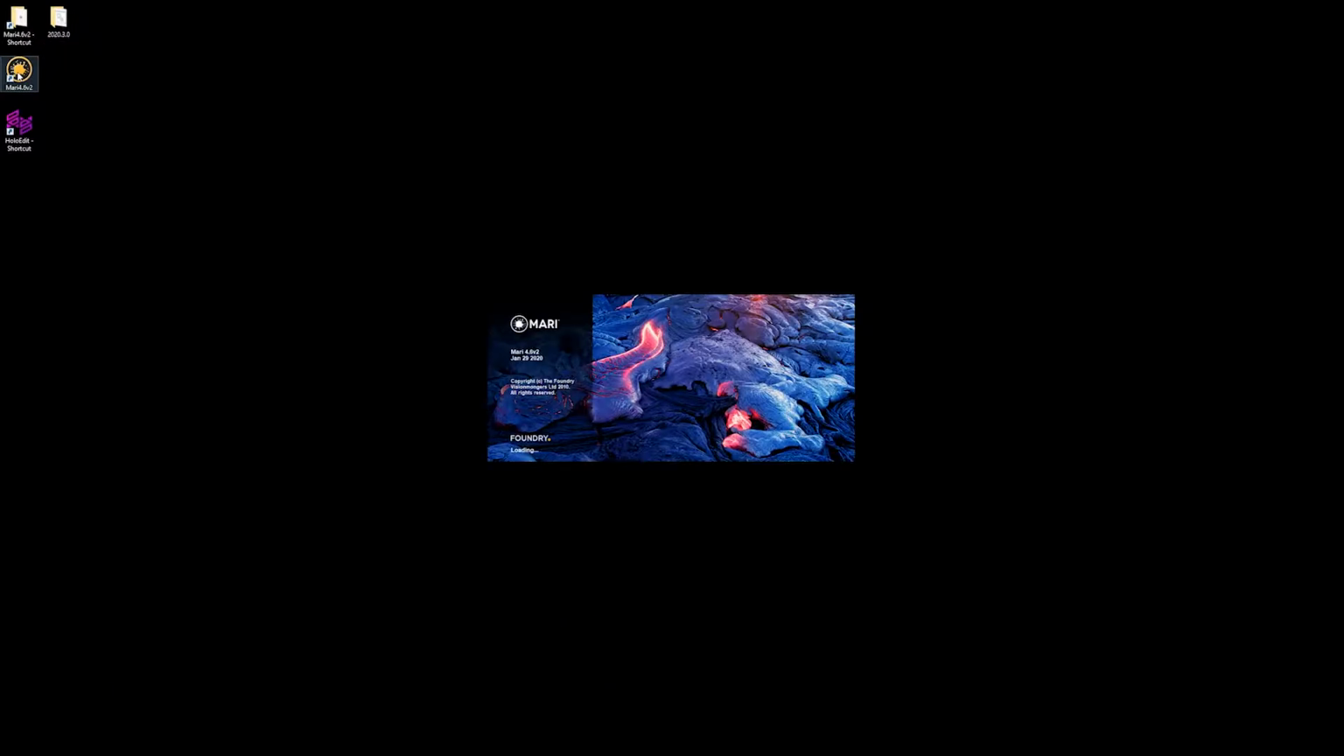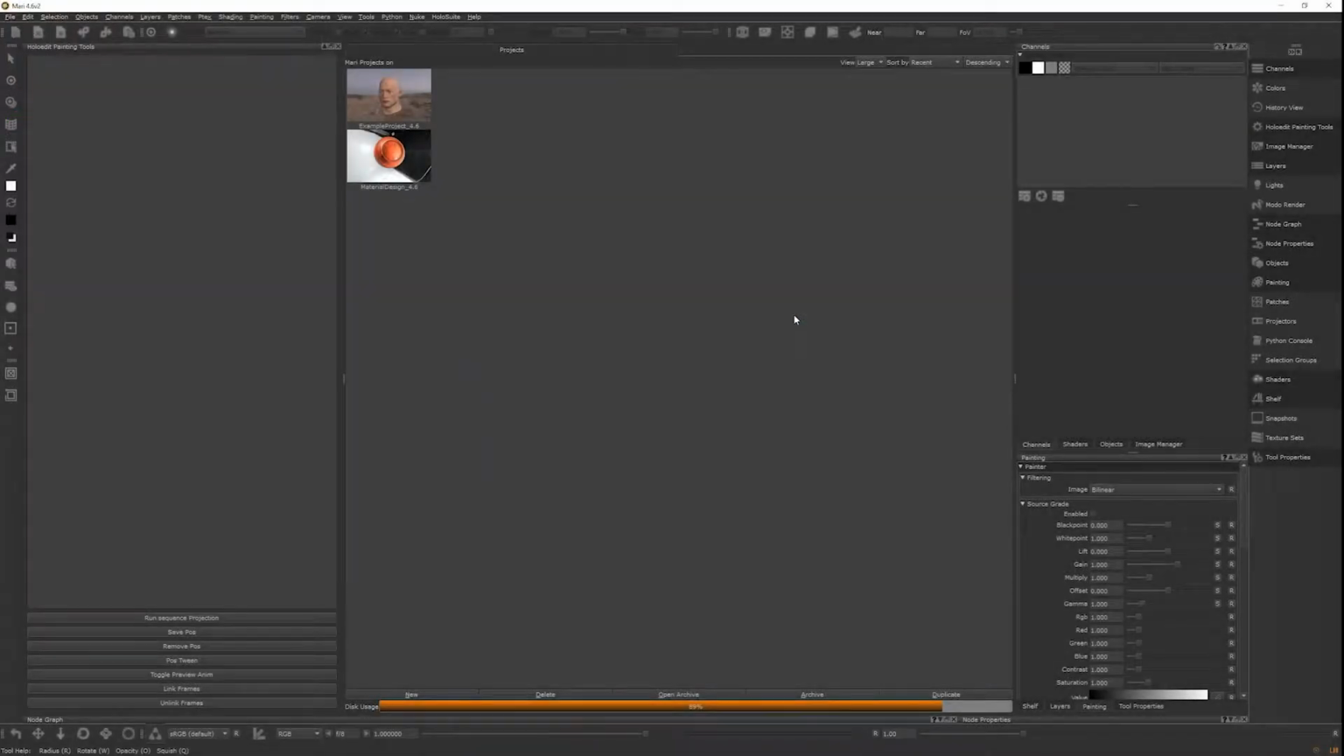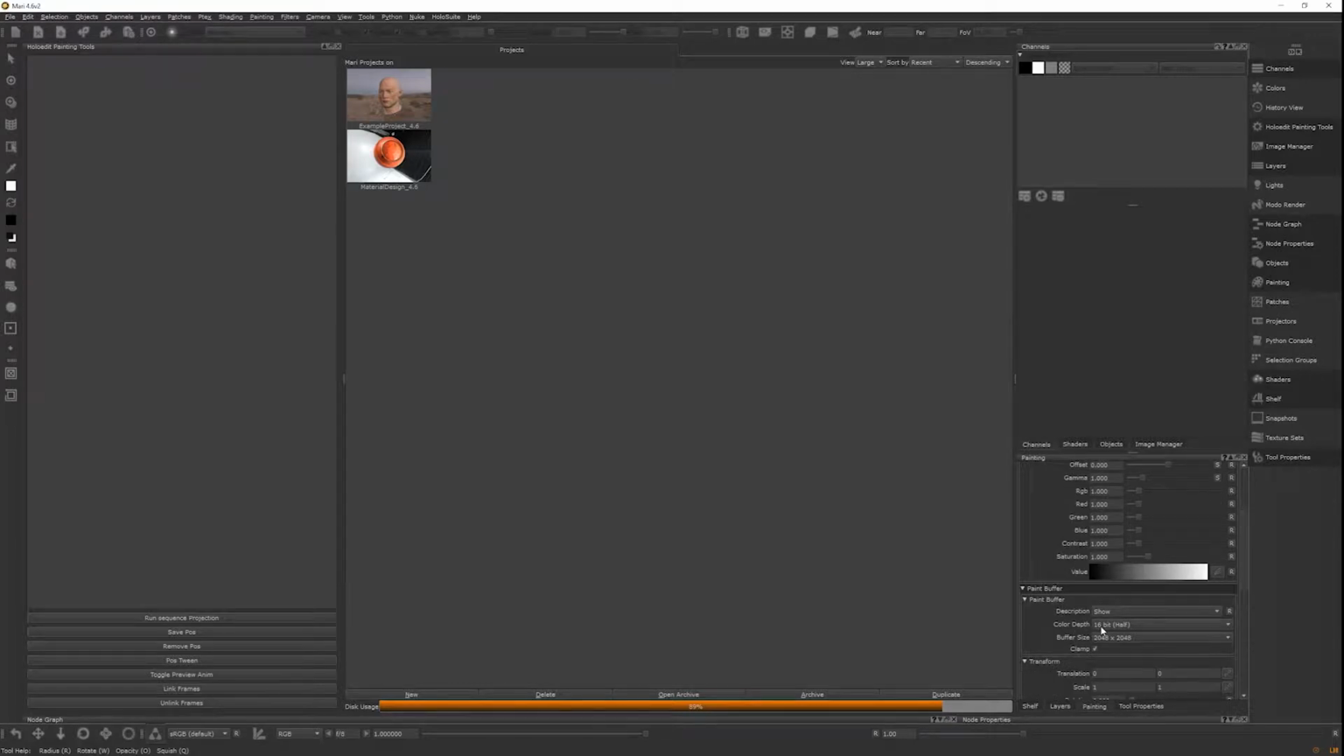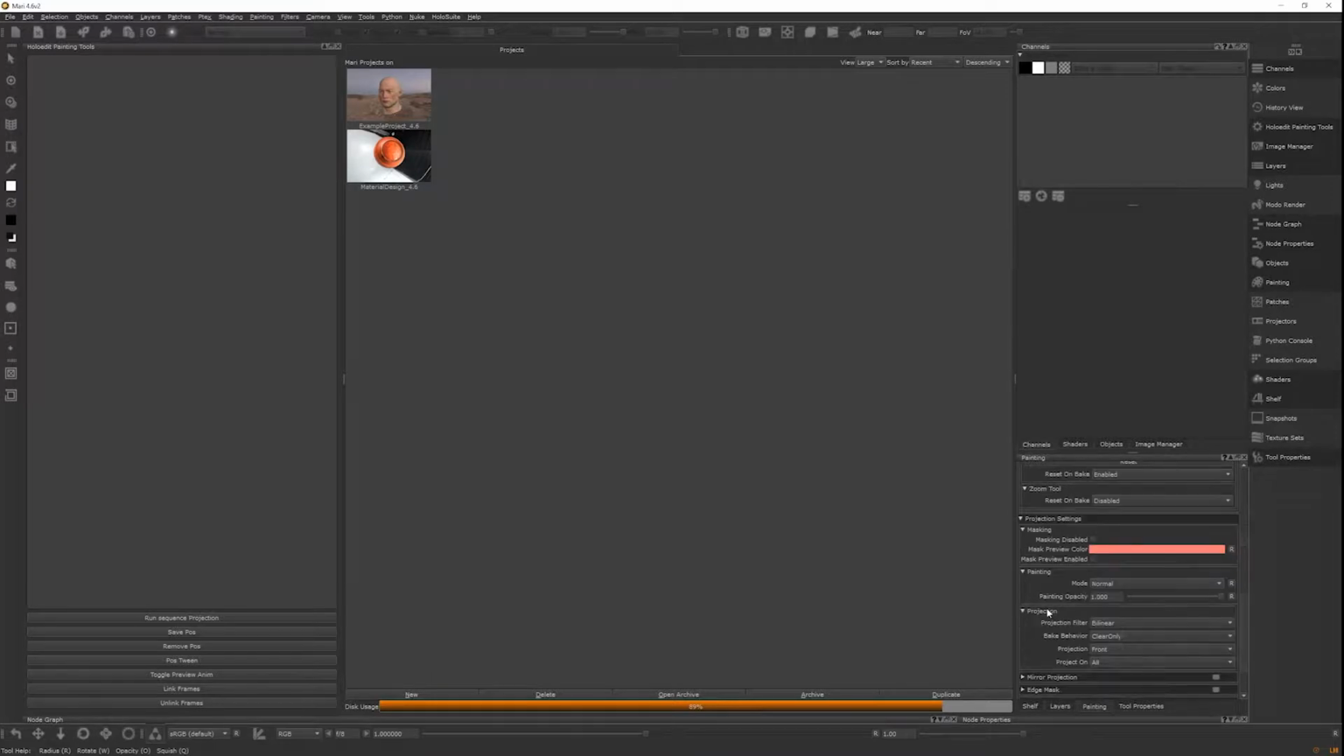Before we begin, there are a few Mari settings recommended by the team at Arcturus when using our tools to work on volumetric video. We'll walk through how to configure them, but ultimately, these settings are user preference. First, open the Painting panel to access the paint buffer settings. We recommend setting the paint buffer color depth to 16-bit half when working on full color volumetric video. This can have a significant effect on performance versus working at the default 8-bit, but preserves more colors